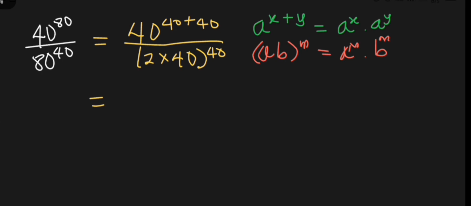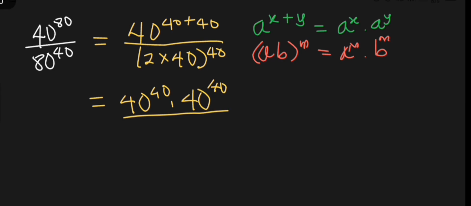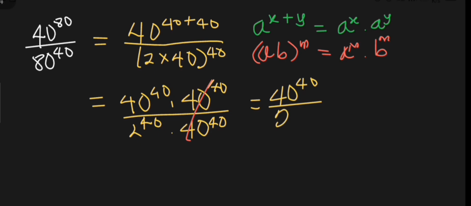Then the expression becomes 40 to the power of 40 times 40 to the power of 40 in the numerator, while the denominator is 2 to the power of 40 times 40 to the power of 40. Easily, 40 to the power of 40 cancels out, and this leaves us with 40 to the power of 40 over 2 to the power of 40,